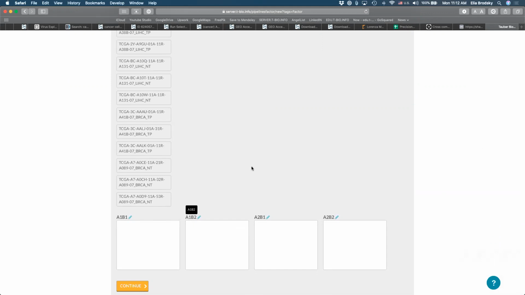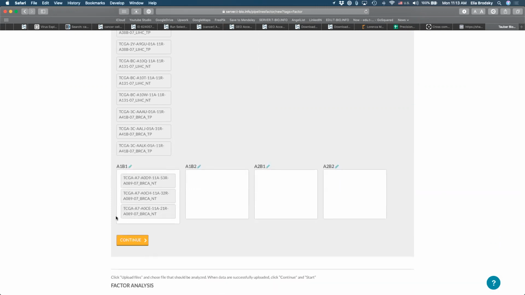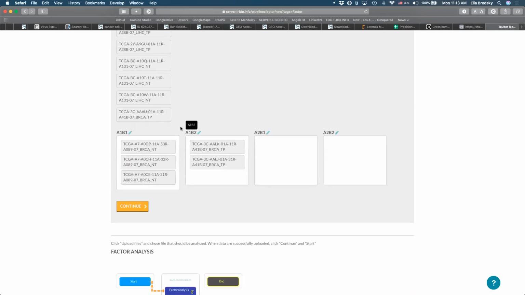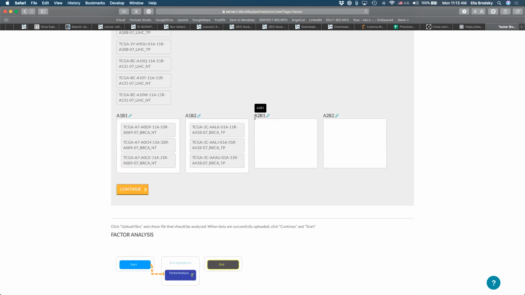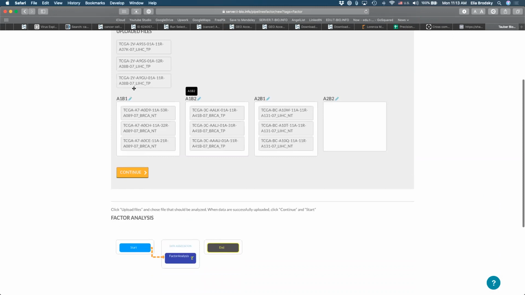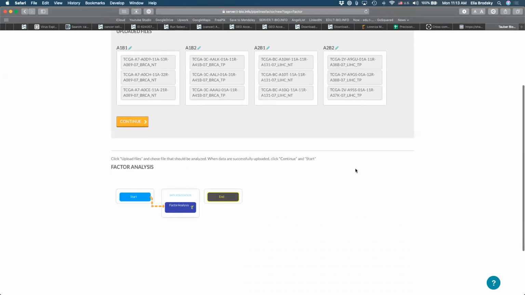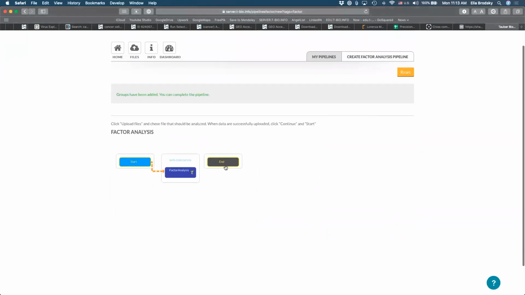So which one do I take? So these are not tumor, these are tumor, right? So I'm going to take, just like he said, A1, B1, so these are the not tumor, these are the tumor, right? And then my factor 2 is going to be liver, so let's take the liver normal, and liver tumor. So what I'm going to be able to do here with this kind of analysis is understand